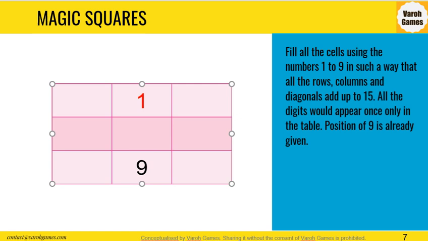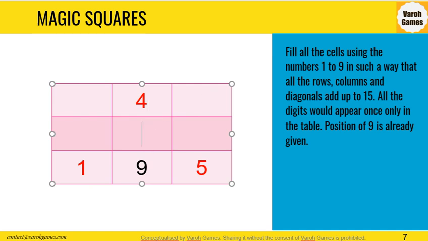Suppose instead of writing 5 and 1 over here, I write 4 and 2 over here and randomly say 5 and 1 over here. Then what is happening? For this diagonal to add up to 15, what are we getting? 4 plus 1 is 5, remaining is 10. Writing 10 is not possible because only 1 to 9 is allowed. Or suppose if we are writing 2 over here and 4 over here, then what is happening? It is becoming 2 plus 1, 3. Remaining is 12. That is also not possible.